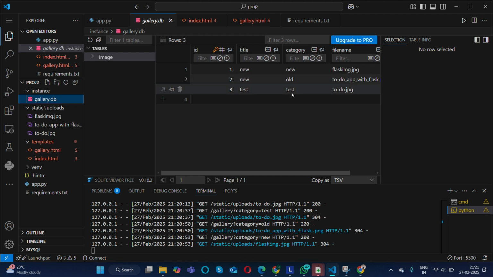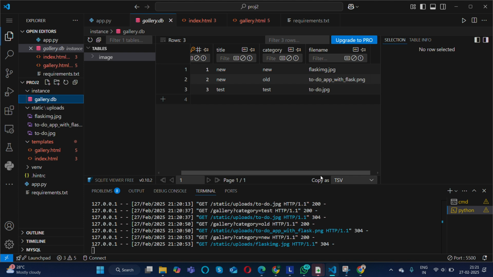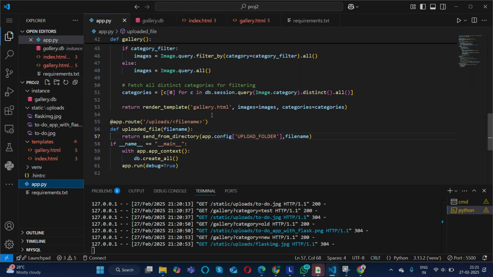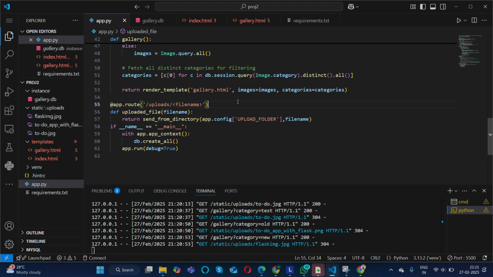So in the gallery folder, you can see this. They got stored. So that's it. I missed this part. This part is the key one. Like the images should be stored, right? I missed this part and everything is fine.